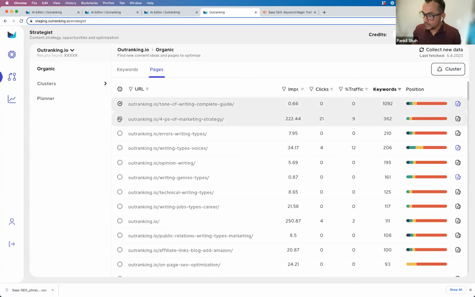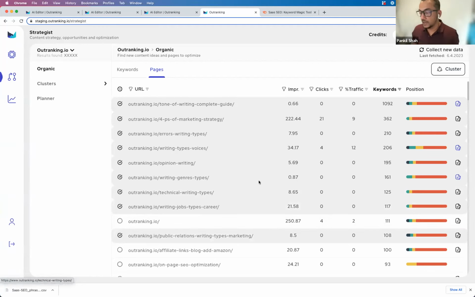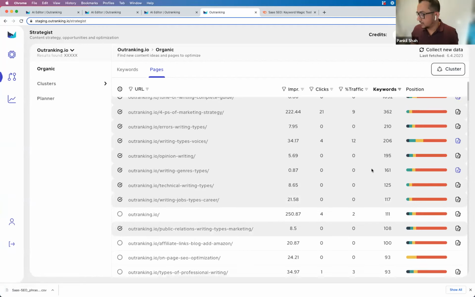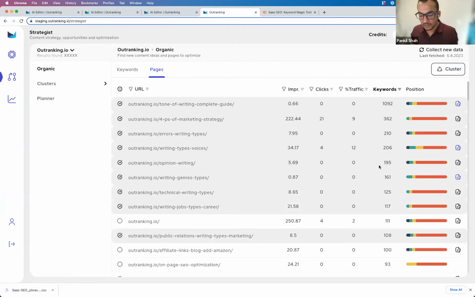Okay, so what I can do is select all the URLs which have writing in them. For example, I'm selecting some of them. These all belong to one silo, but they're overall ranking for 2,000 to 3,000 terms together, and I don't know if I'm going to be able to rank for all of those terms with just these pages, right? So I need to silo them.